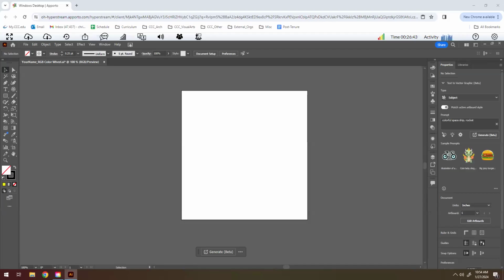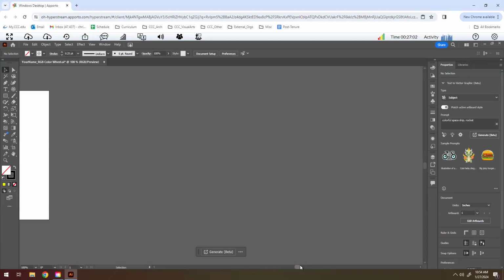Okay, so I'm in my new Illustrator file. I've got a 5 by 5 inch panel to work within, or an artboard rather. If you got to this point where I am, and for some reason your image is not appearing at the middle,